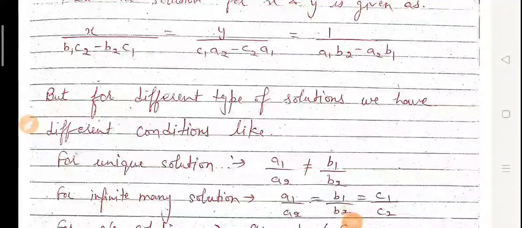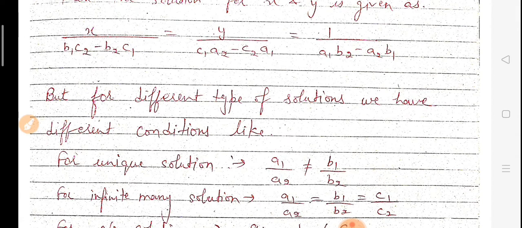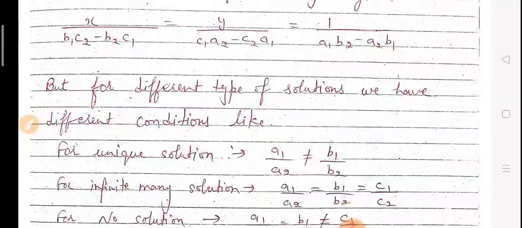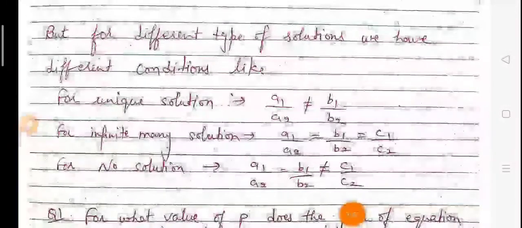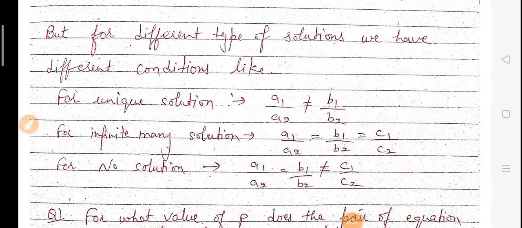This is the simple method to solve x and y, but in the exams we will be asked for some more information. Thus we have three more conditions, meaning conditions applied on our solution. These three conditions are: our solution exists or does not exist. If it exists, then how many answers are possible? If x and y exist and have a particular solution, then it is known as a unique solution.